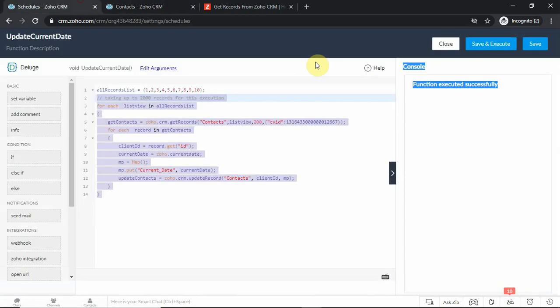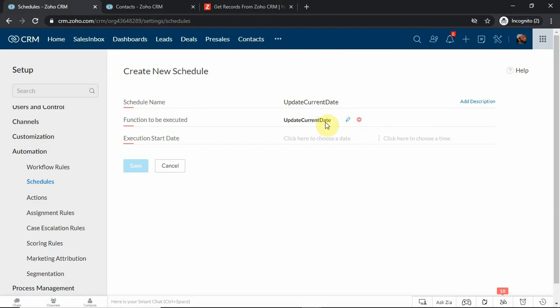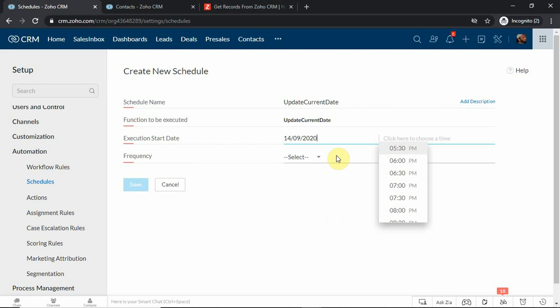Now, because this is just in a test environment, once this scheduler function is saved, I can set its recurrence method, how frequently I want it to be executed. So let's say, for an example, I want this to be executed from 14th of September, and I can choose the time.